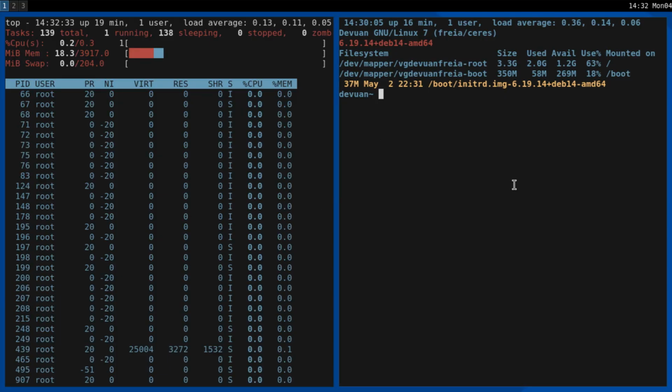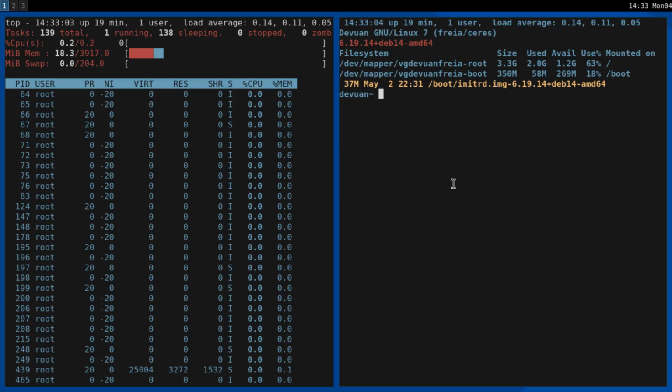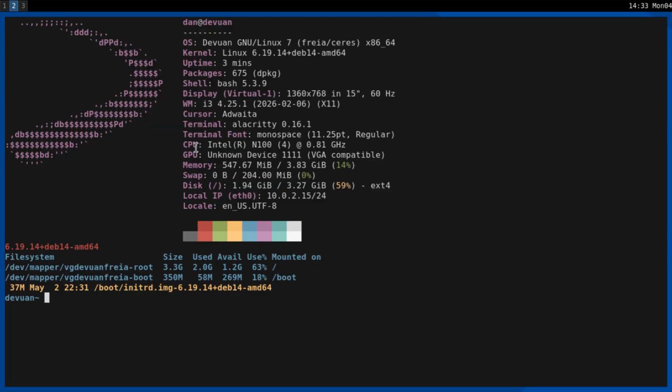Also very interesting, and on the right side this is just a system overview. This is just this alias. This gives me this output, so I always have an overview about uptime, the running system, the running kernel, and the disk usage, and the installed kernels. Just an example how you can write your own system monitor. This is how I do it, and this is an LXDE terminal, and on workspace 2 this is LXDE